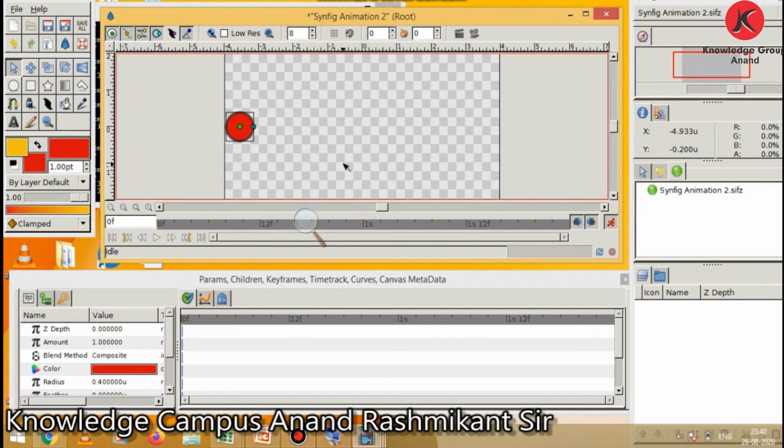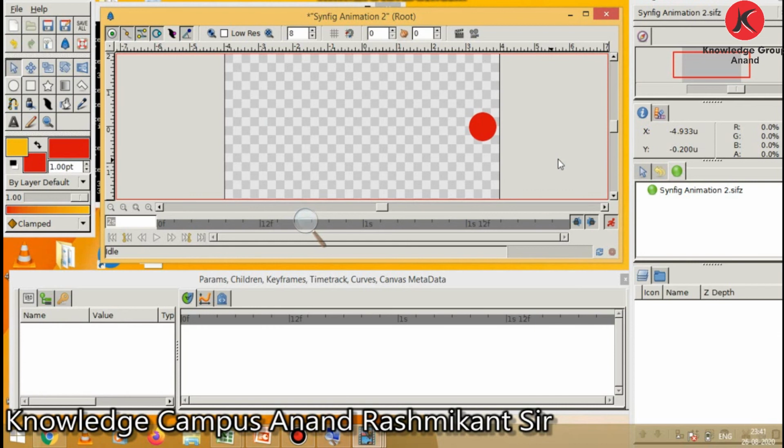Now click at the end of the timeline. So click at the end of the timeline here. Now you can see in the mark entry field that it shows 2 seconds. Now grab the circle in a straight way. So use the shift key. Hold the shift key and grab it to the right side. Okay. So now our animation is ready here.